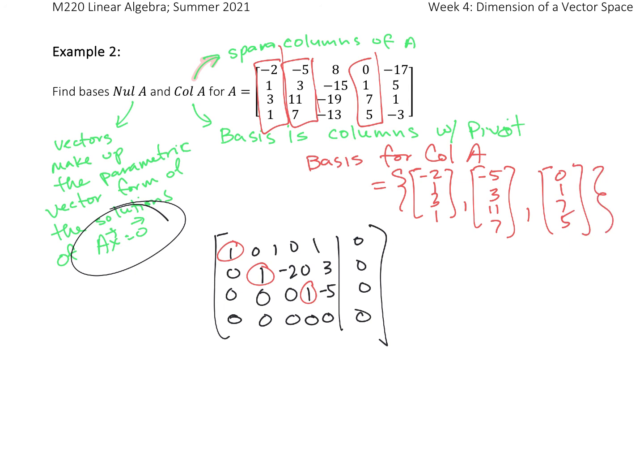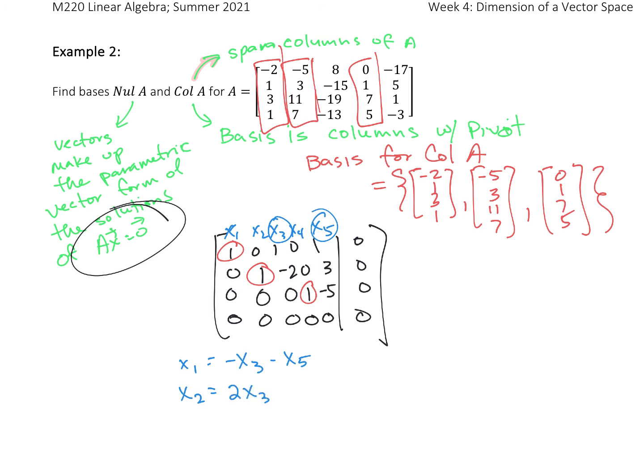Now, the null space basis takes a little bit more finagling. We need to write our equations. So x1, x2, x3, x4, and x5. We know that our free variables are x3 and x5. So x1 is negative x3 minus x5. x2 is